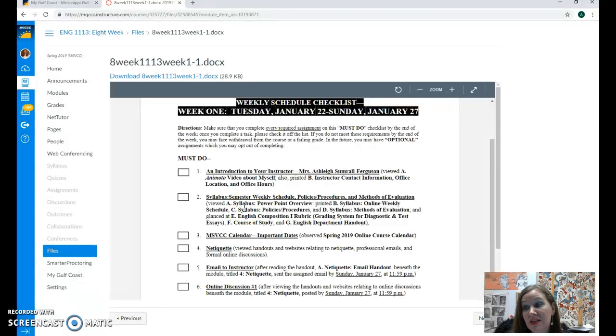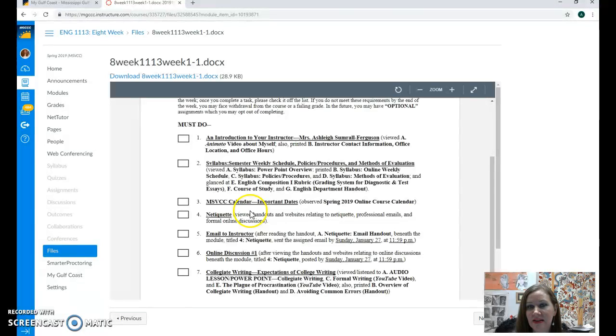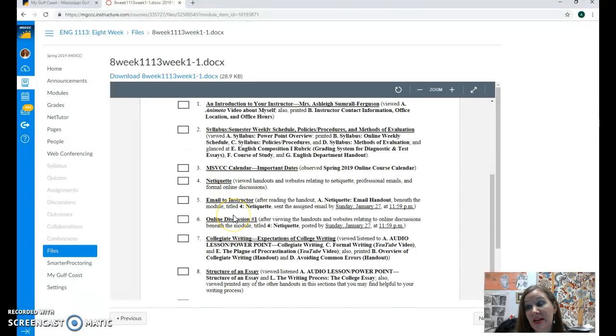The major thing that you need to print initially is, of course, the syllabus, policies and procedures, methods of evaluation, which I'm going to go over in a moment, important dates, and there are some major assignments. The major assignments this week that you need to complete are an email to me, the instructor. This is going to be for a grade, not just to introduce yourself, but for an assigned grade. Online discussion 1,